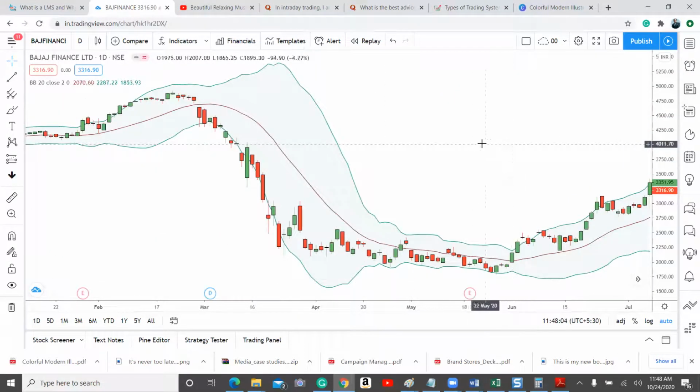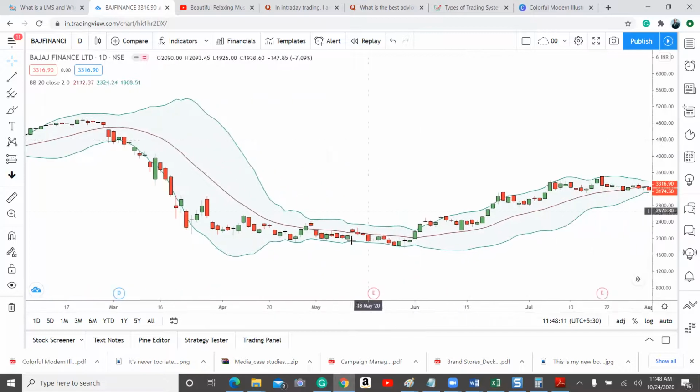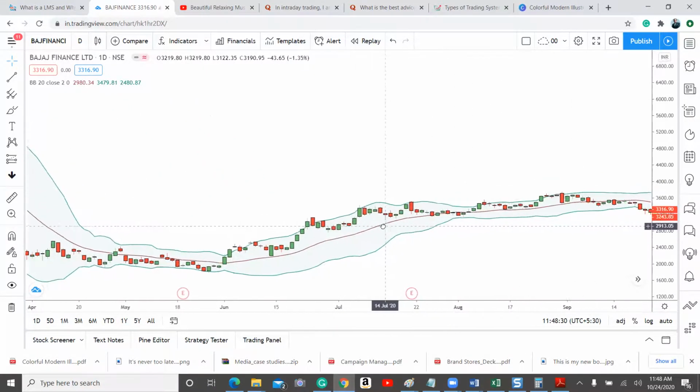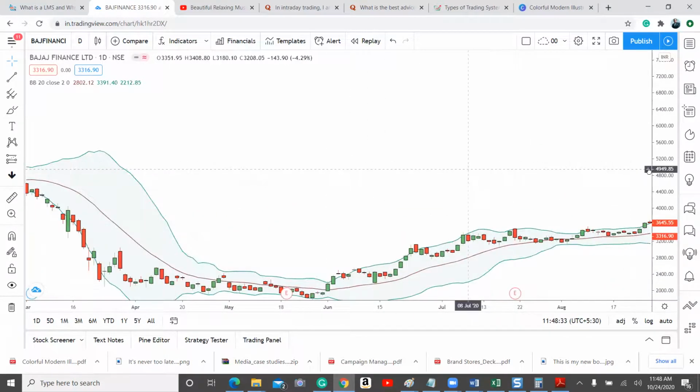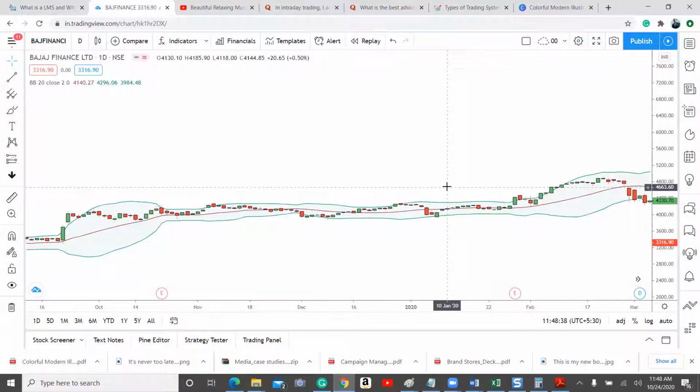Most people look for Bollinger Band compression and then expansion. It's like a breakout trade. For example, if you see here, can you see this Bollinger Band has contracted a lot and it started giving a breakout from the upper band like this. So usually people will look for these kinds of trades. They can take a trade here and keep the stop loss at the lower band, and then they can trail the stop loss at the middle band. So that's how they can continue. This is how one can take a trade. Here also there is another Bollinger Band expansion trade. So this is how people can use Bollinger Bands.